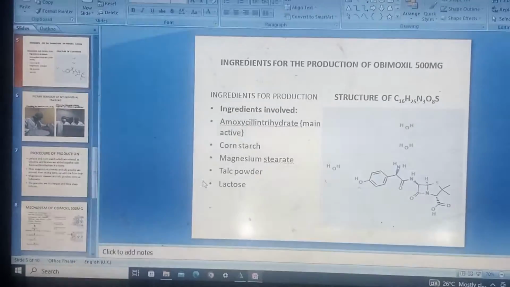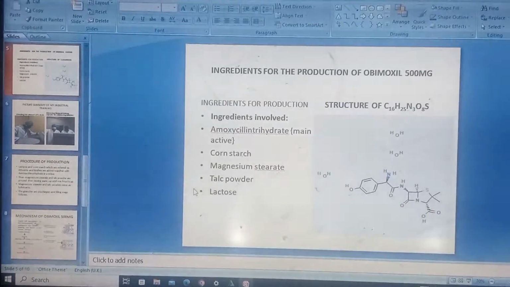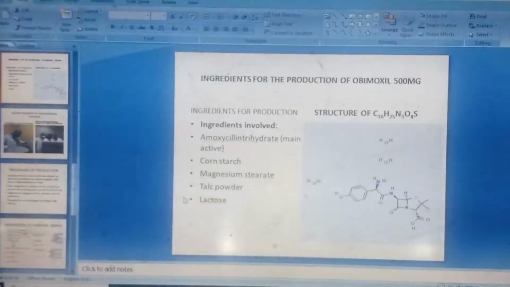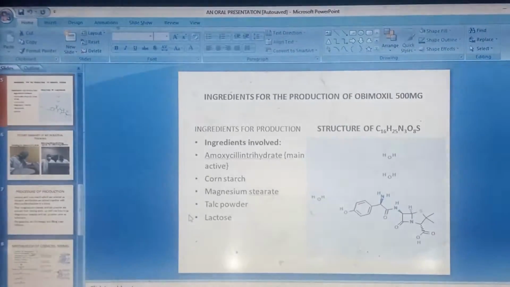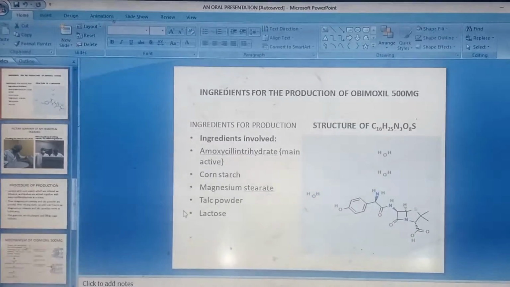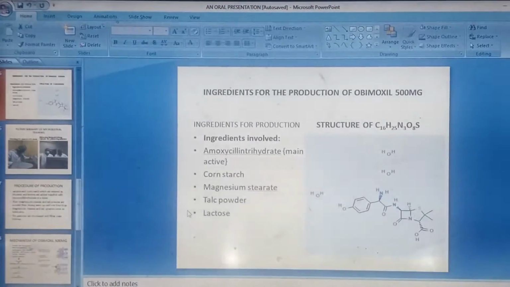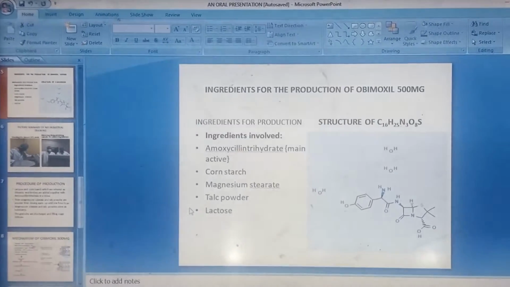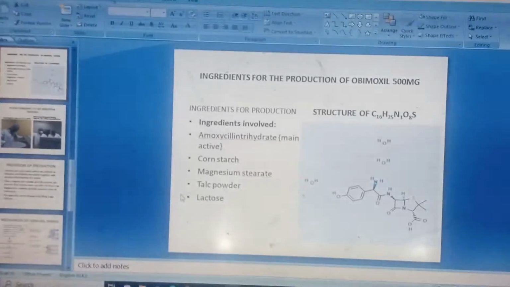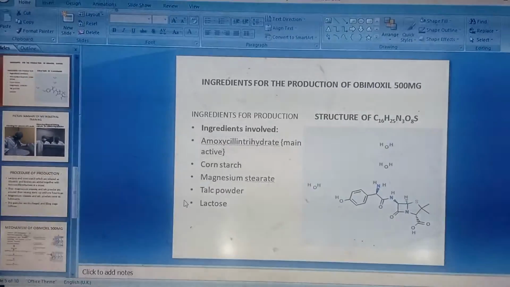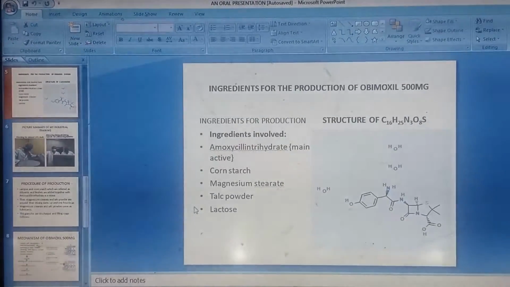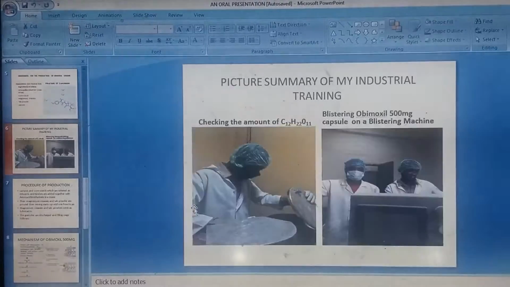Then here I'm talking about the ingredients of the production of Amoxil 500 milligrams. Now these are my ingredients, right? And this is the structure. Remember, in biochemistry, we are dwelling more on structure. We are not here to ask you how it is useful, no, give us the structure first of all. That's very important. So that's what I did in my ingredients, because I need to save a slide. So I explained the structure. It has 16 carbon atoms, 25 hydrogen atoms, 3 nitrogen, 8 atoms of oxygen, and then 1 sulfur. So that is it. And then we move on to the next one.